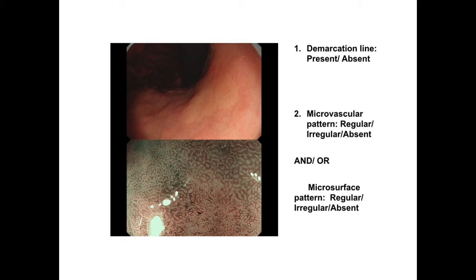When that area is examined using narrowband imaging, you can straight away appreciate a very clear demarcation line between the surrounding area and the abnormal lesion. And in that abnormal area, you can see the blood vessels, the brown structures, are looking quite irregular. So this again is an example of early gastric cancer, which is picked up by image enhancement and which is going to be missed on a white light examination.